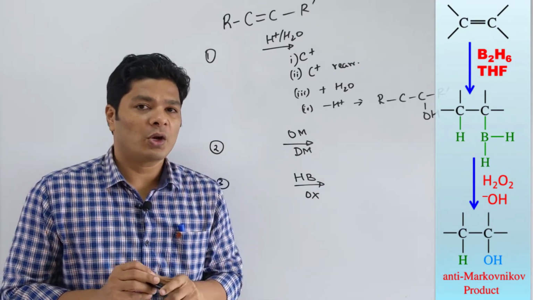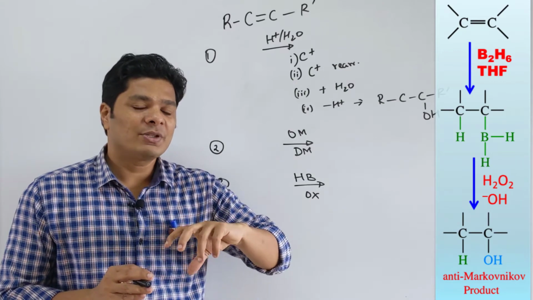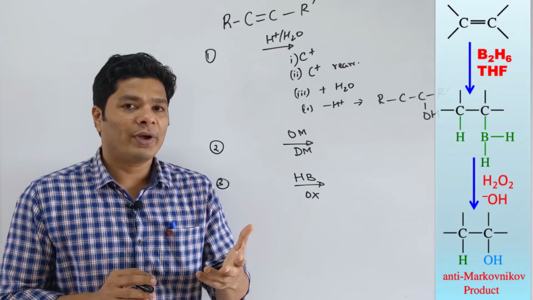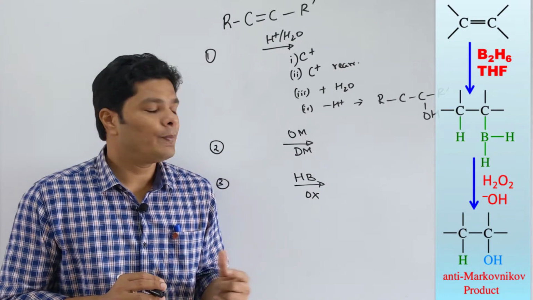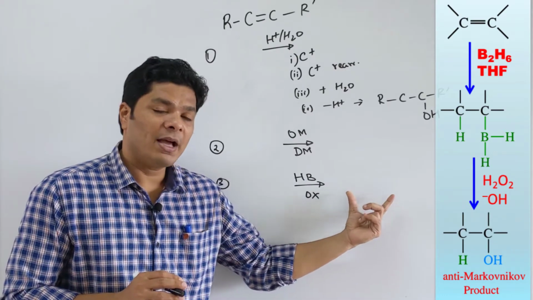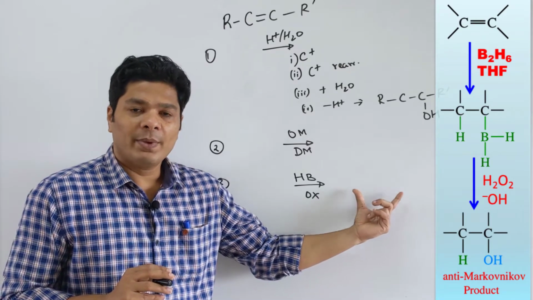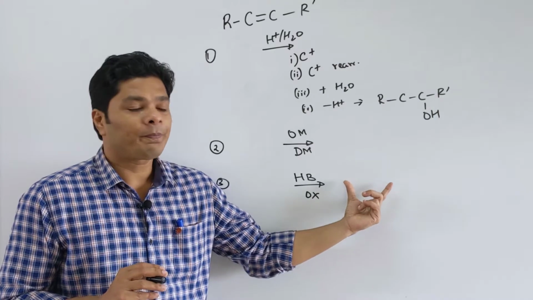You are going to go through Markovnikov mechanism, but the mechanism is a little bit different because normally your H plus is the electrophile, there the boron is less electronegative. So it undergoes a Markovnikov mechanism. I have explained this in detail in the alkene chapter, Markovnikov mechanism, but it gives the anti-Markovnikov product.